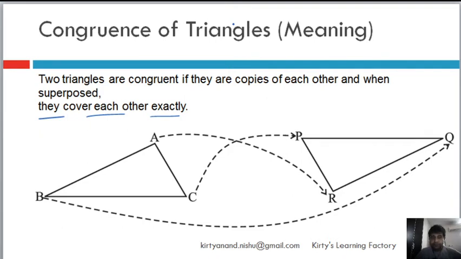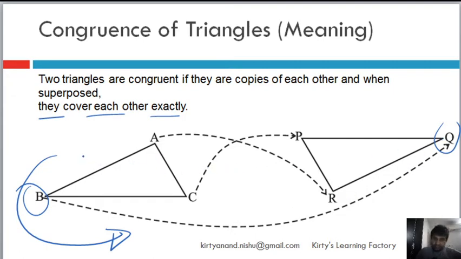Okay, now if these two triangles are made in such a way that ABC, and I am just turning this whole figure in this way, and another triangle has been made, so that corresponding to point B there is point Q. As you can see, this ray indicates that I have turned it. When you turn it in this fashion, basically you turn it over 180 degrees, right?